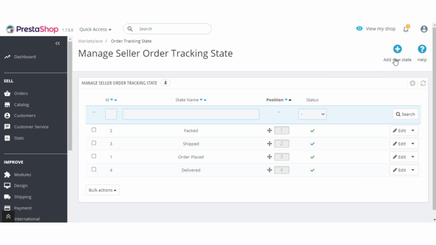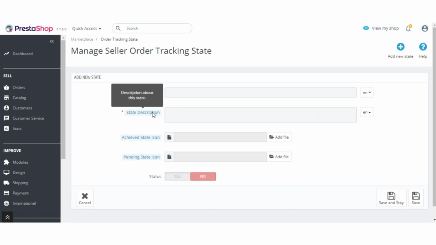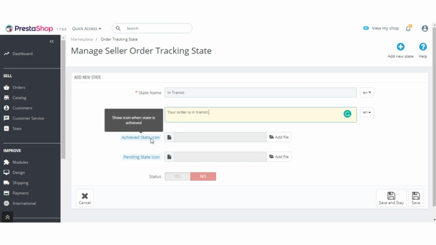Click here to add a new order tracking state. Enter the order tracking state name and description here. Click here to upload the icon that will be displayed once the order tracking state is achieved.